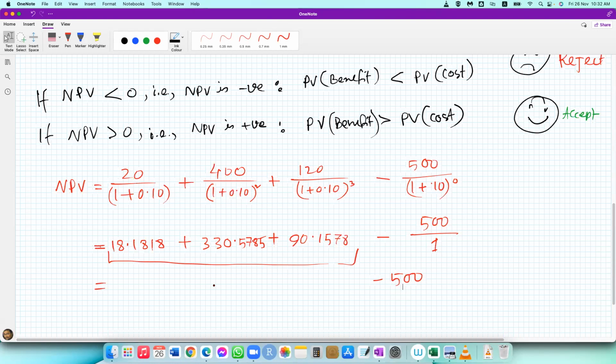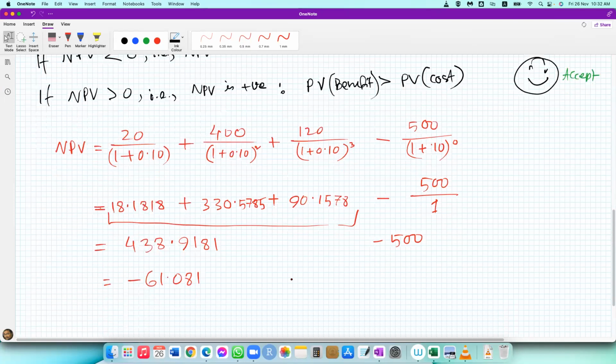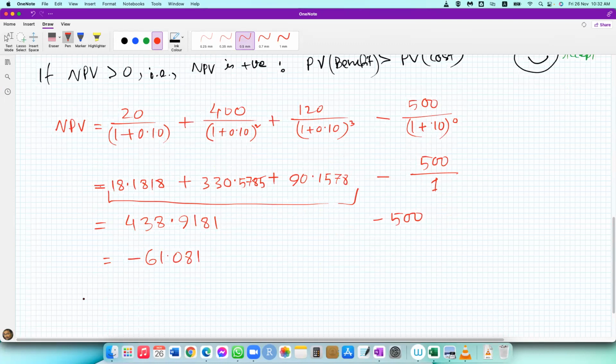438.9181. Okay. 438.9181 minus 500. So ultimately, what is the result? Minus 61.081. So our NPV is positive or negative? Negative. Hence, NPV is less than 0, or negative. Therefore,